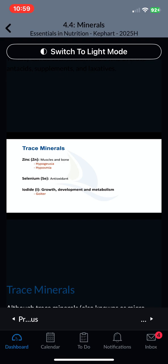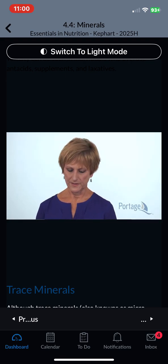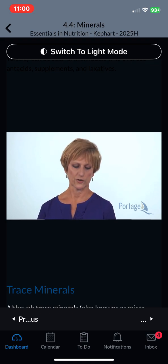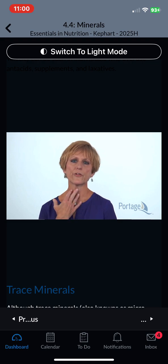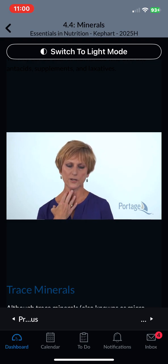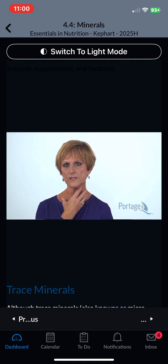Selenium is important as an antioxidant, also important for thyroid hormone metabolism. And iodide is important for growth, development, and metabolism for thyroid synthesis. And during World War I, they found that there was a direct link between the lack of iodide and goiter. Goiter is an enlargement of the thyroid gland, which your thyroid is in here. And so if you're not taking in adequate iodide, you're going to start to see that thyroid gland start to